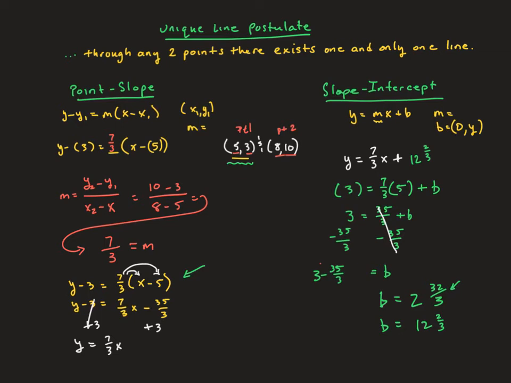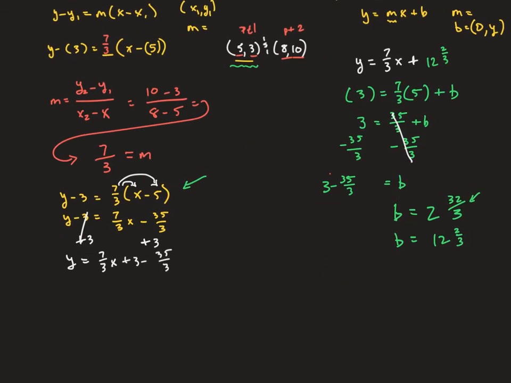Look at this. I have 3 minus 35/3. Here I had 3 minus 35/3. So it looks like it's going to come out to be the same thing. It is going to be... goodness. I did mess up on that previous problem, so I'm going to have plus 3 minus 35/3, and that's what I get for trying to do it in my head. So this is going to be